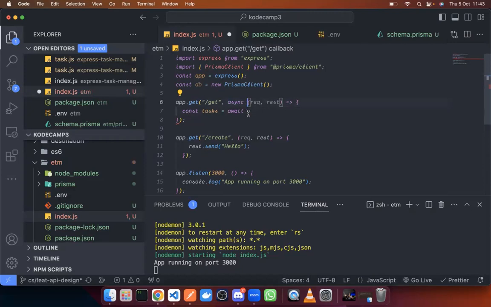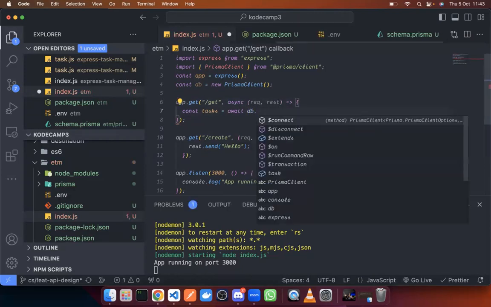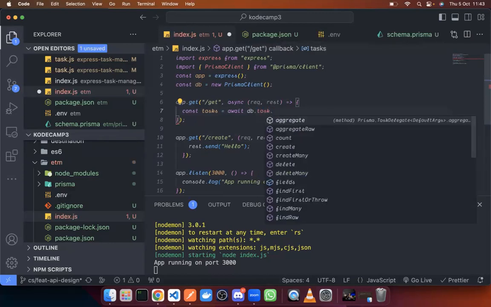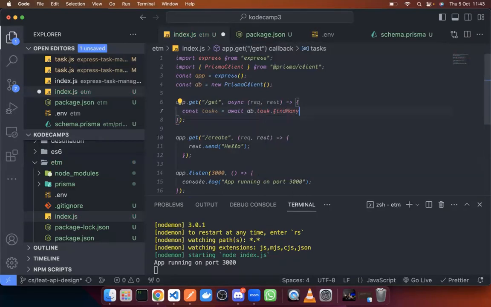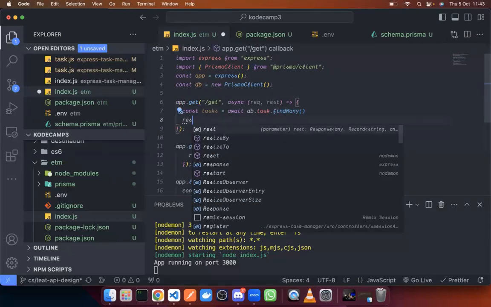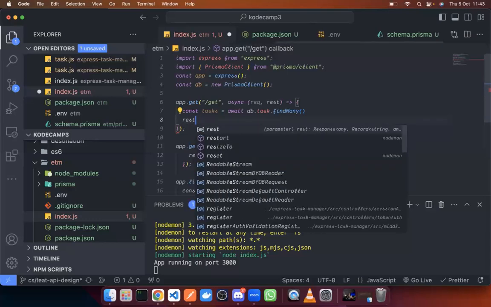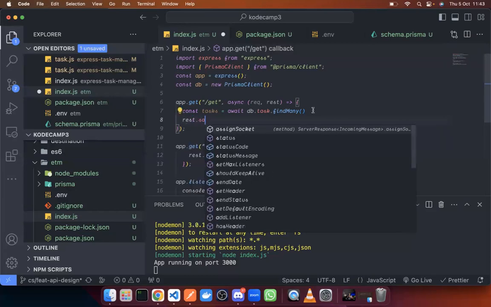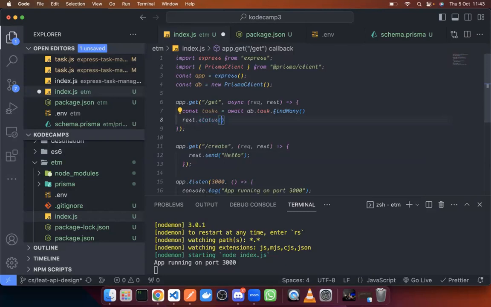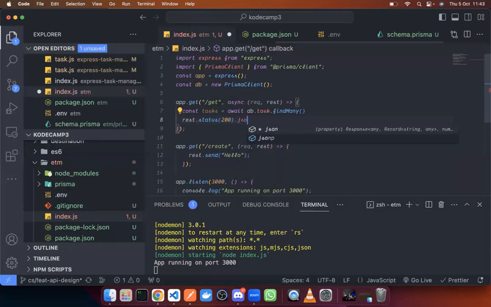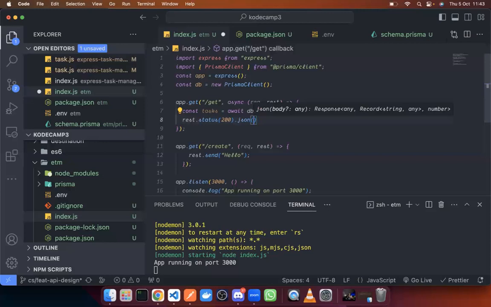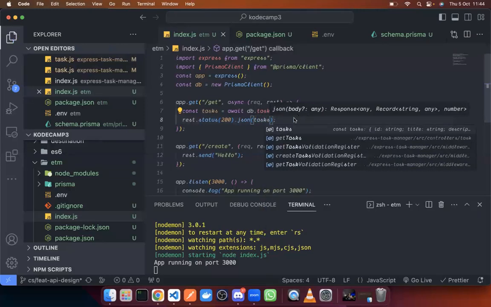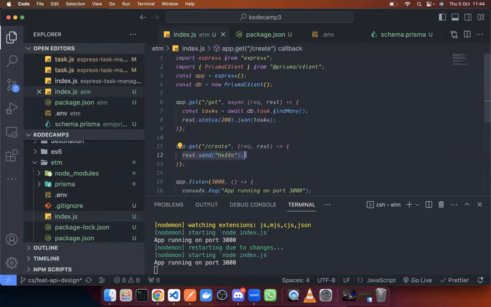We have db is equal to new PrismaClient, db.task.findMany, like so, and then we say response dot status of 200 JSON tasks. Okay,